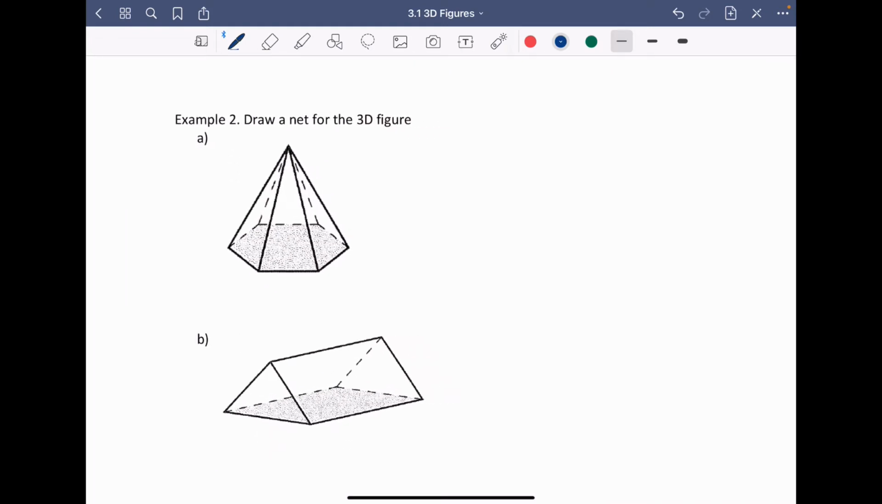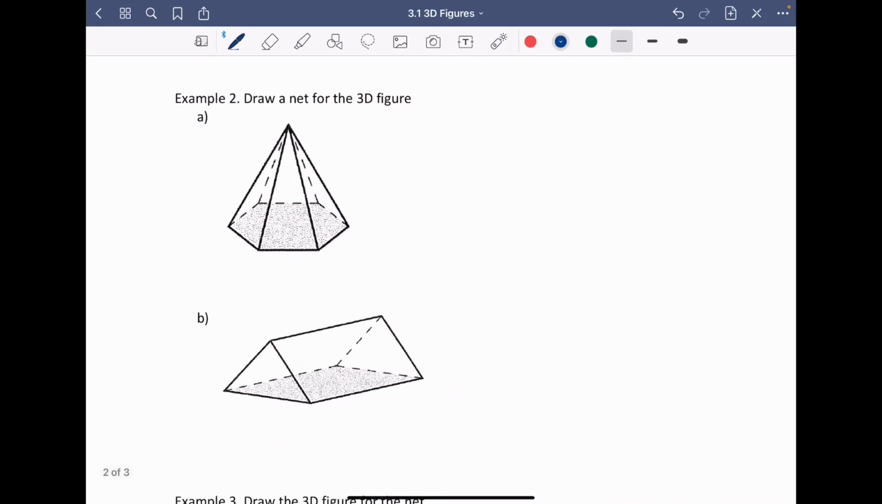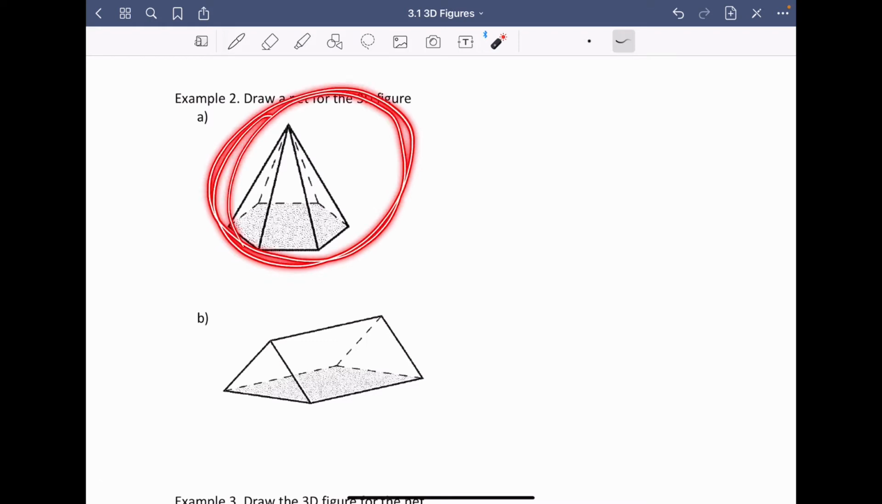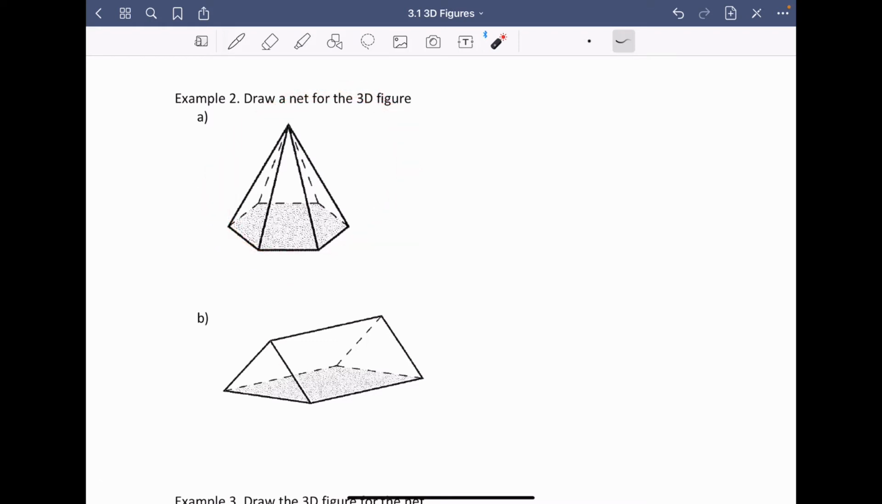Okay. All right. Next example, draw a net for the 3D figure. Okay, so for this 3D figure, the hexagonal pyramid, we can see that the base is a hexagon. So if I draw that,